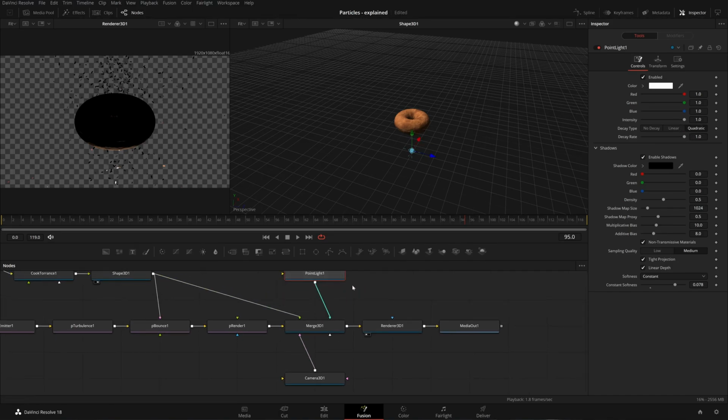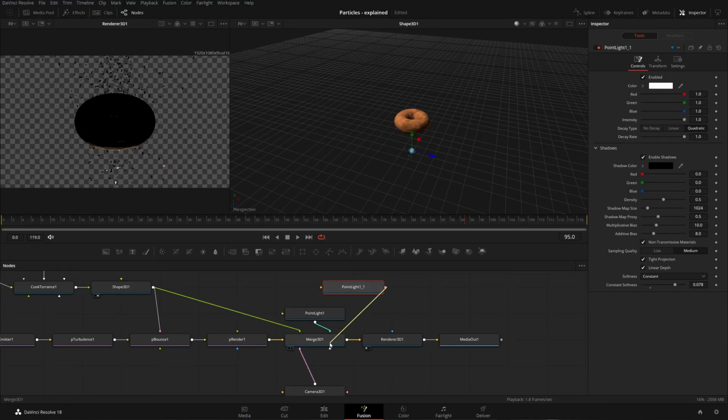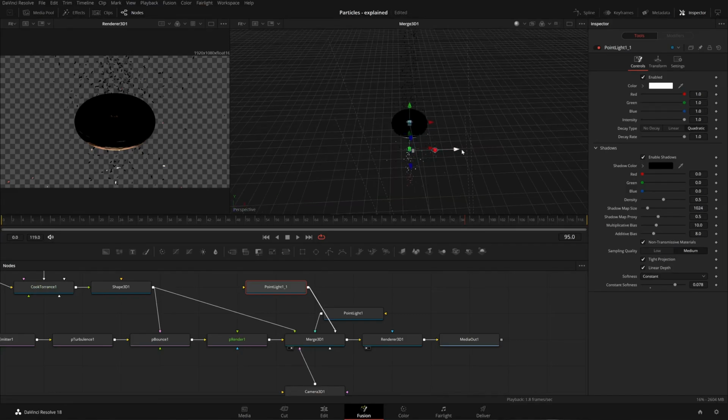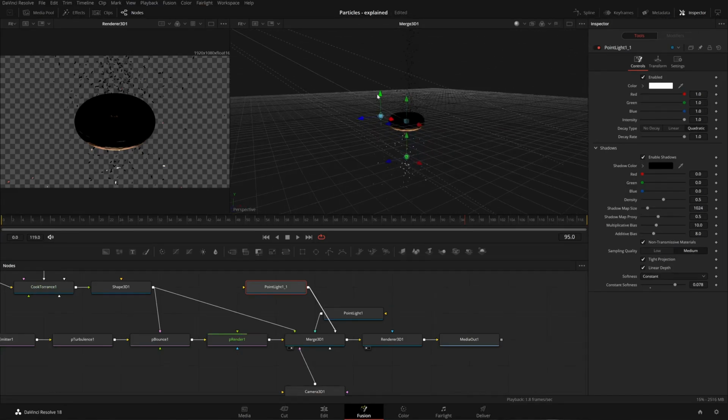First, I'll take this, copy, paste, and again join it to merge 3D. And let's change this position. I'll change this position to something like this maybe. I'll not make it in front,